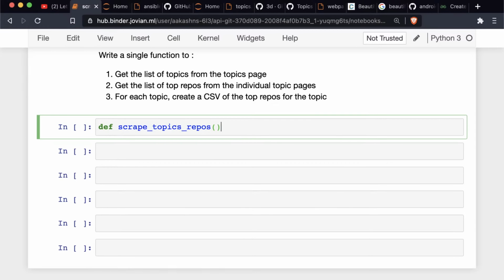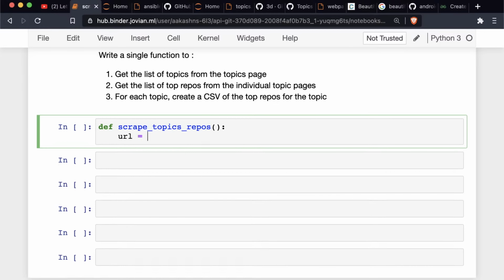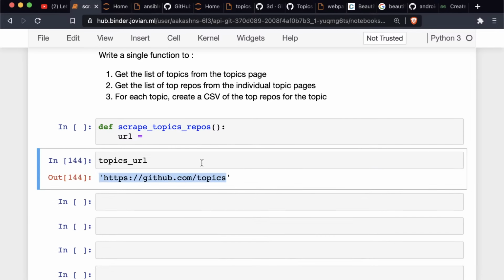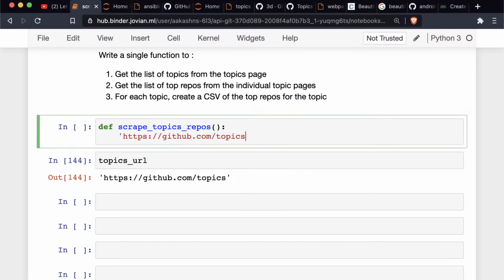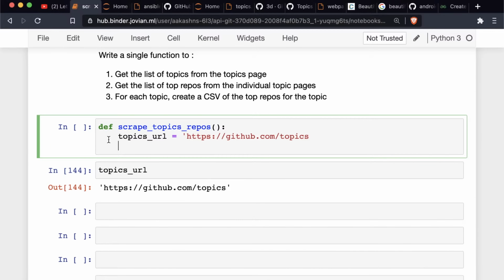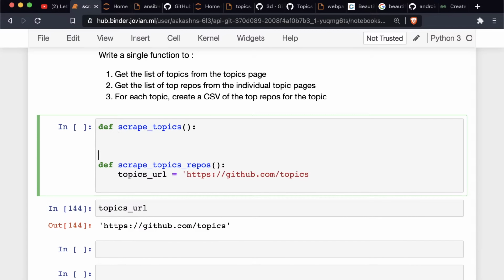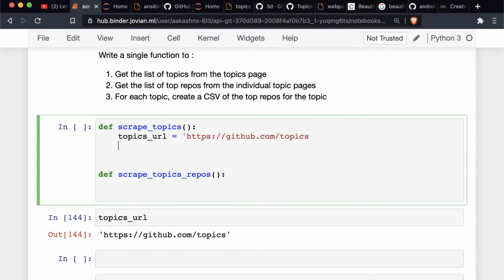So scrape topic repos. First we need the topics URL. I think for the topics URL we already have something, but let's just create it inside. So we have the topics URL. Then we need to scrape the topic. Now we've written a bunch of code to do that already. So let's just do def scrape topics. Scrape topics is simply going to take the topics URL, and then get it with requests.get topics URL,